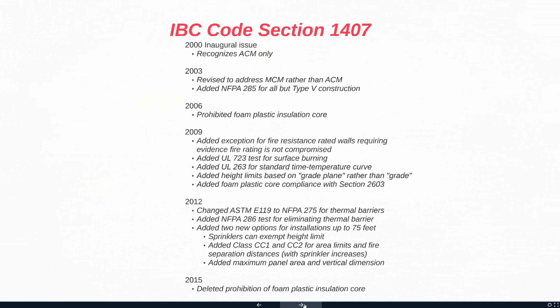In 2006, the code was revised and actually prohibited foam plastic core insulation because what we had... Go ahead, point out, David, that the PE core, the polyethylene core, is not actually a foam plastic. It's a solid thermoplastic. Correct. It's not a foam plastic. And foam plastic is governed by a different section of the code, Chapter 26, which has all kinds of restrictions